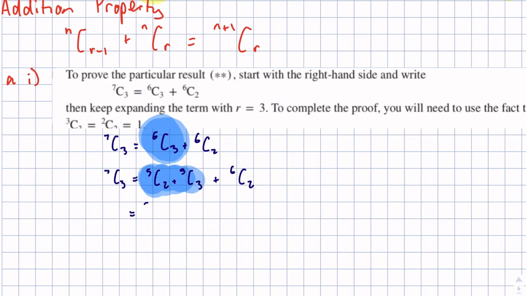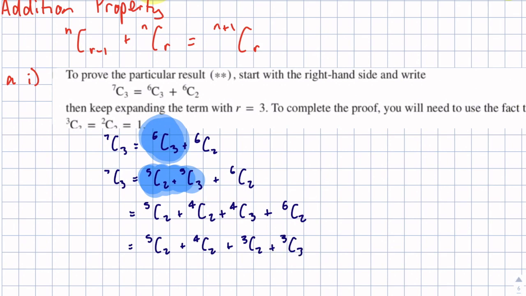And that's 5C2 plus, well, that 5C3 is the same as 4C2 plus 4C3. And then I've got my 6C2. And that 4C3 is the same as, I've got 5C2 plus 4C2 plus, instead of 4C3, that's 3C2 plus 3C3. And then I've got my